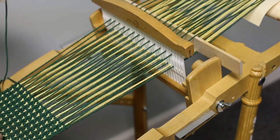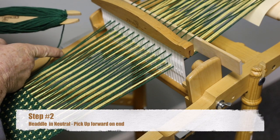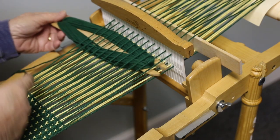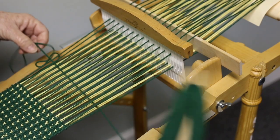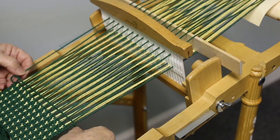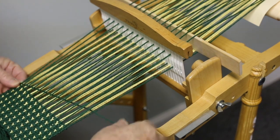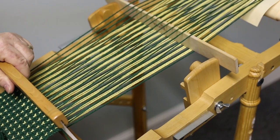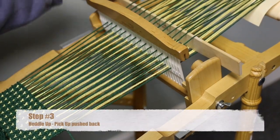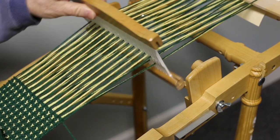And then when you come back this opposite direction, you need to go over this thread and into your shed. You'll bring that across, and that way, as you can see, we've caught this thread here. And beat. Then you'll slide your pickup stick back to the back of the loom, and you'll just simply do